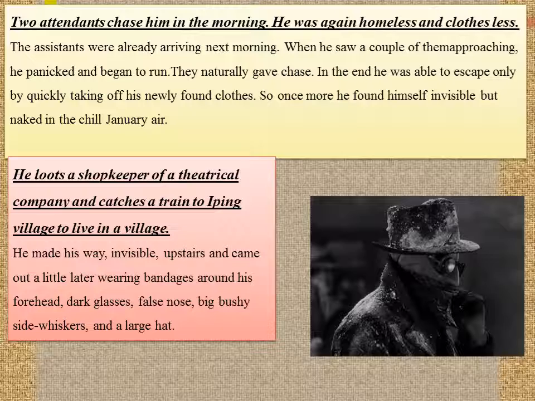The landlord's wife, Mrs. Hall, accepted that her new guest was a strange scientist and was ready to excuse his temper and habits as he had paid her in advance. So obviously the money mattered here. Griffin had paid Mrs. Hall a lot of money in advance, so she didn't have any choice but to continue and tolerate Griffin. Then the time came when his money was over and he had to go.